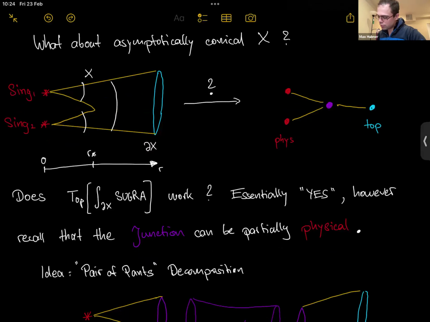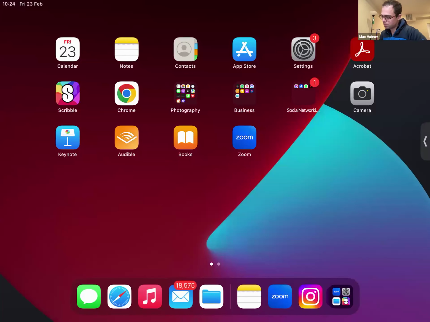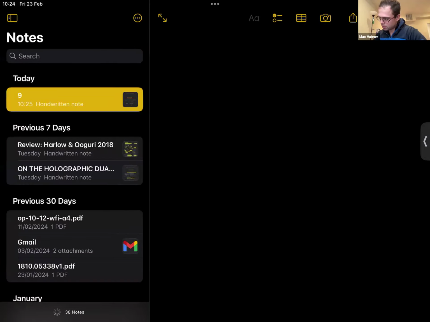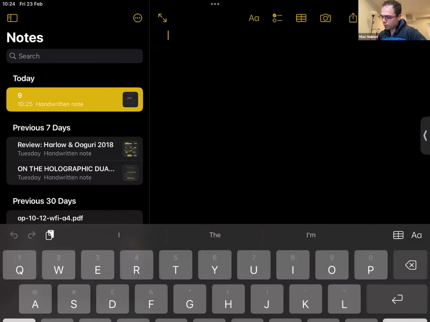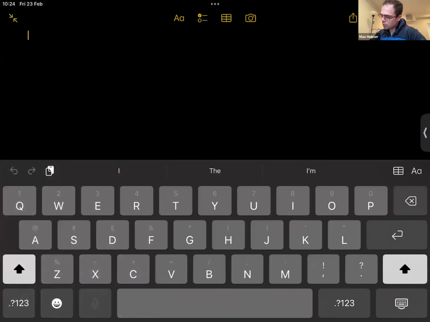And so the first and naive thing to do is to say, okay, maybe I want to do exactly the same thing. I want to integrate over radial shells of the geometry, taking supergravity degrees of freedom into account, and then restrict to some topological subsector. But that doesn't quite work. It's not good enough because